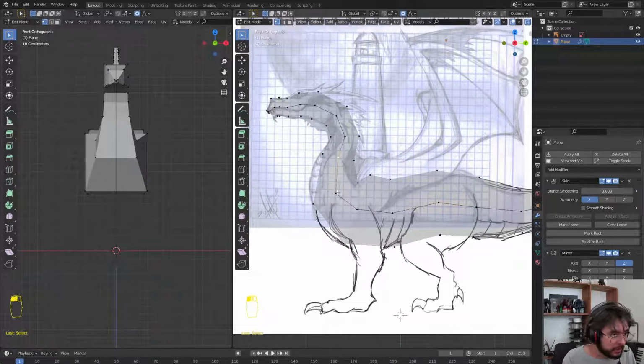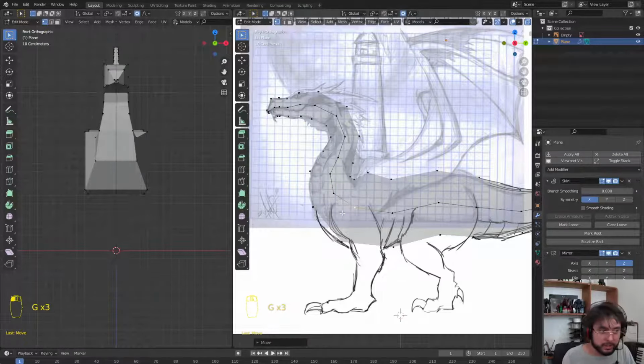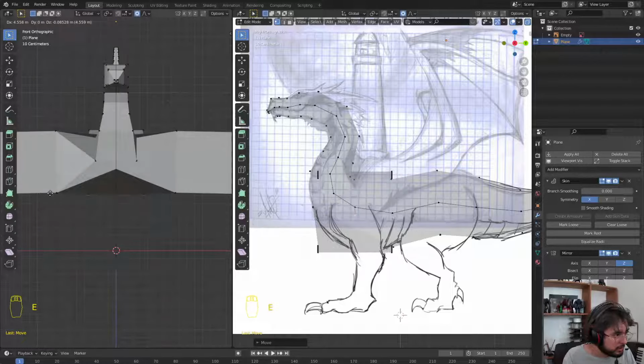Okay, I am going to add another vertex in here with Control R and click to smooth this a little bit. And right here we are going to select this vertex to create the arm. So we are going to press E to extrude, and